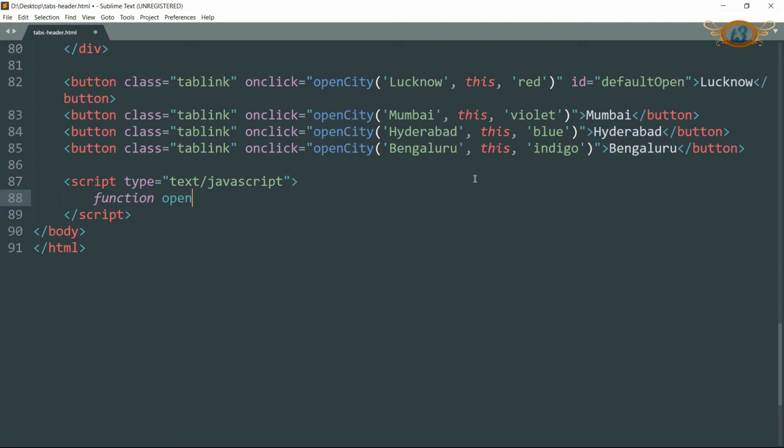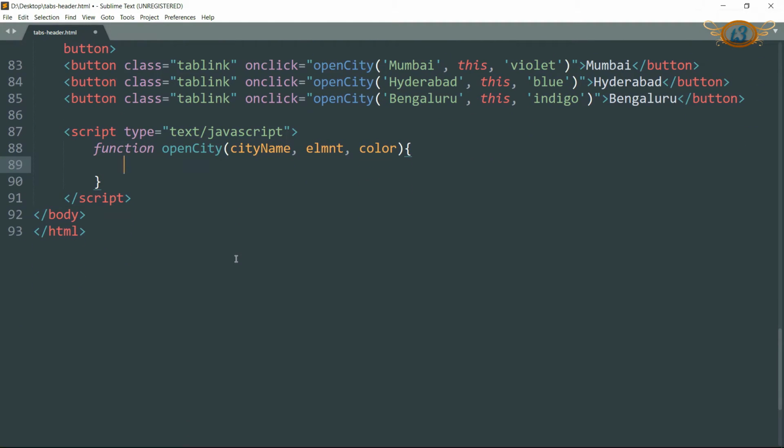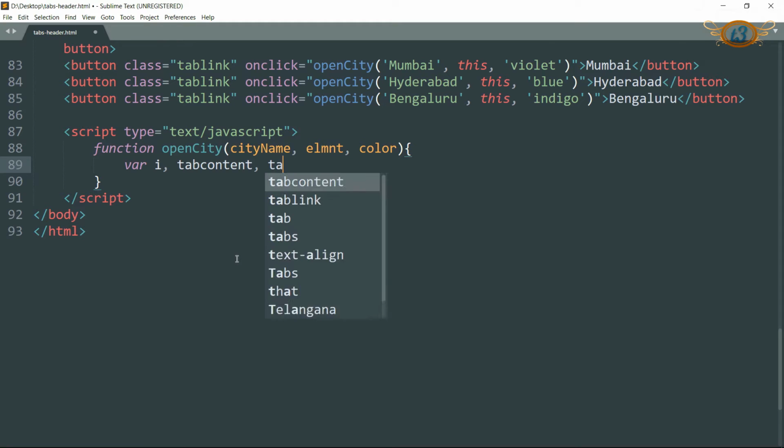openCity. This is the same function that is going to be invoked when we click on any one of the tab links or when we click on any one of the buttons. You can check it here, and you can see the parameters that are being passed. First is the city name, second is the element, and third one is the color for that tab. Then write var i, tabcontent, tablinks,